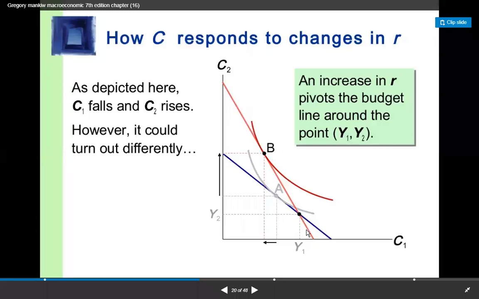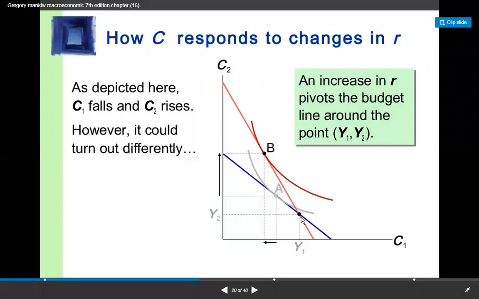In other words, higher interest rate will pivot the budget line around the Y1, Y2. Pivot means the new budget constraint will be steeper